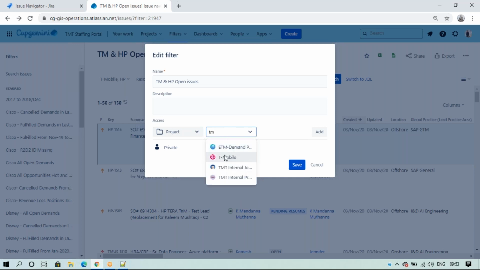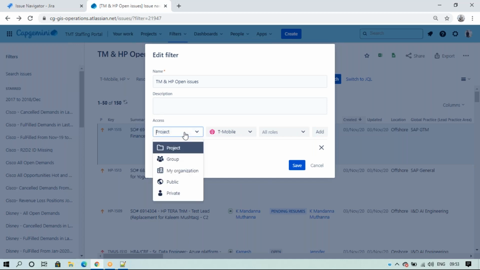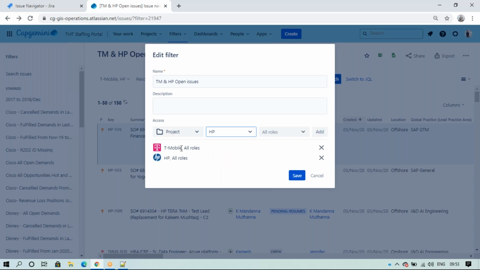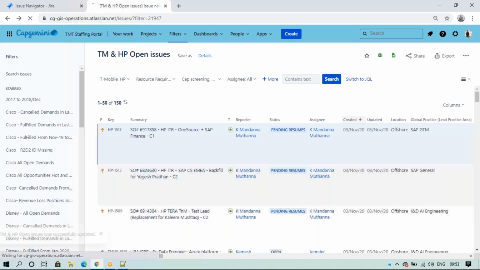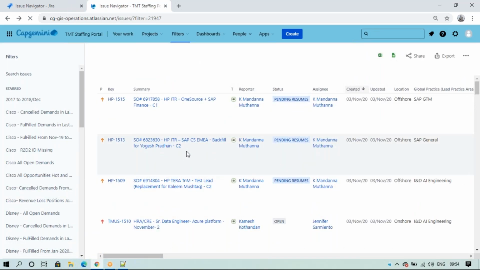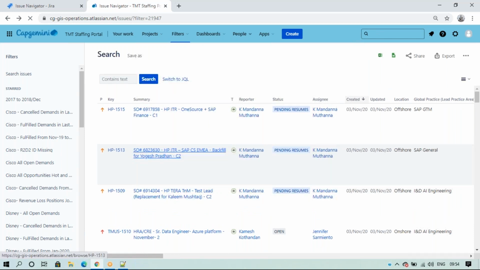T-Mobile, and lowest, and we need to add it. If you just select save, it will not work. You need to click on add. So next it is added. Next, same project, and HP, select this and add. So now all HP people and these two project people can access it. Save. Okay, so like this we are creating.